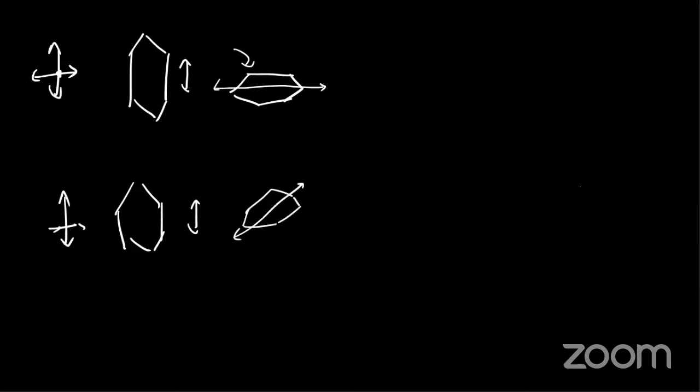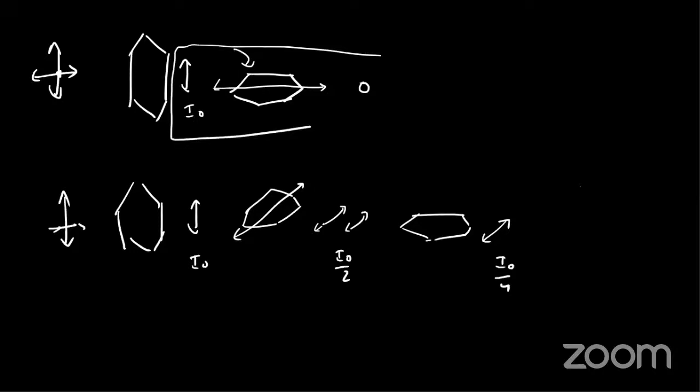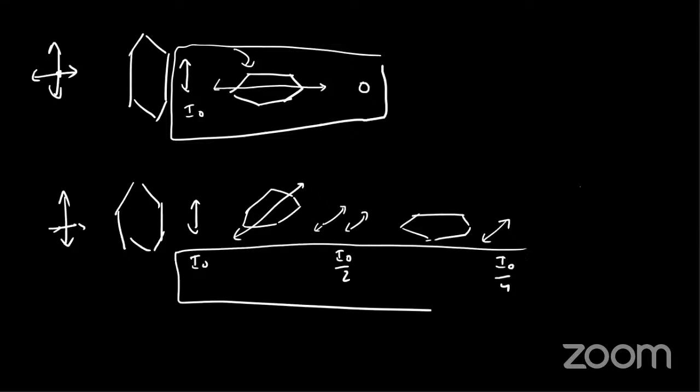थोड़ा light pass हो जाएगा, okay, some light is going outside of it, and again if you rotate this by 45 degree, okay, and again some light will be passing out, and we know if this is I naught, this will be equal to I naught by 2, and this will be equal to I naught by 4 from the formula. But in this case, if this is I naught, this will be equal to 0. See, notice something very awesome thing is happening. If it is direct 90 degree, you will get nothing, but if you do it step by step, you get some amount of light outside.